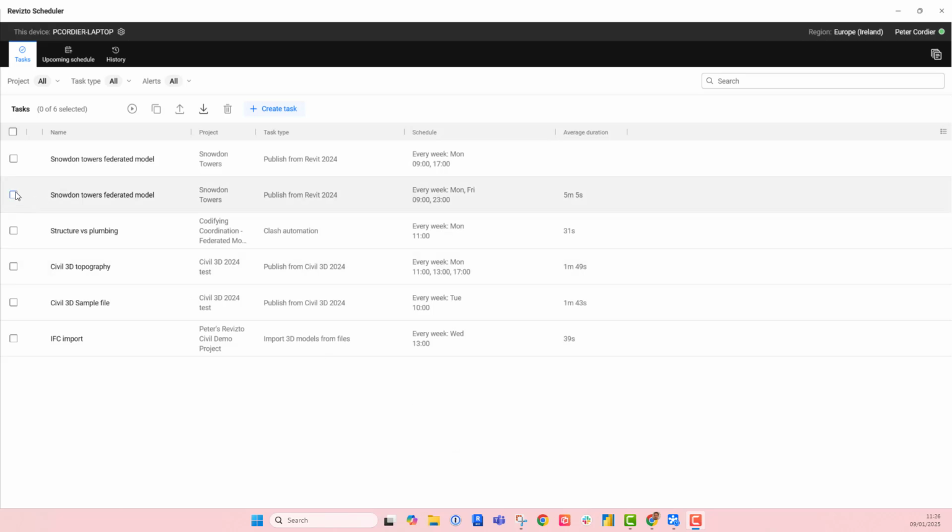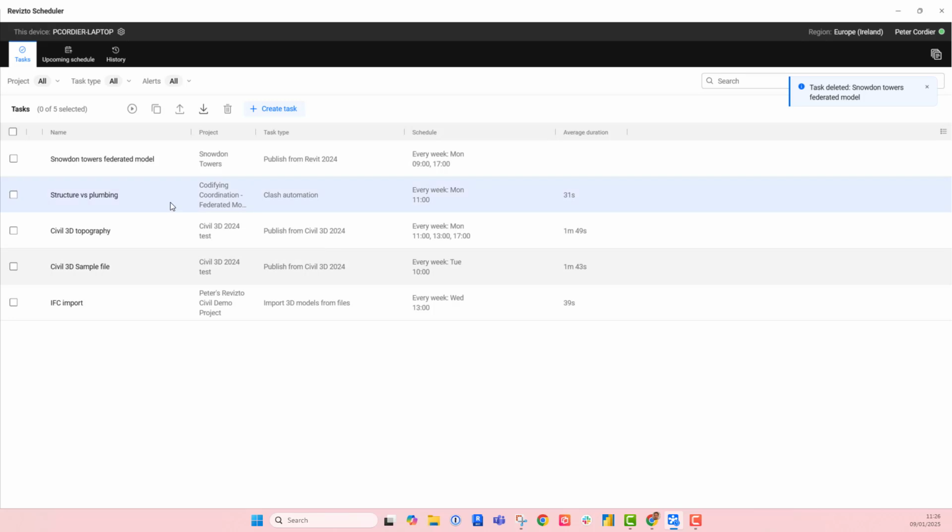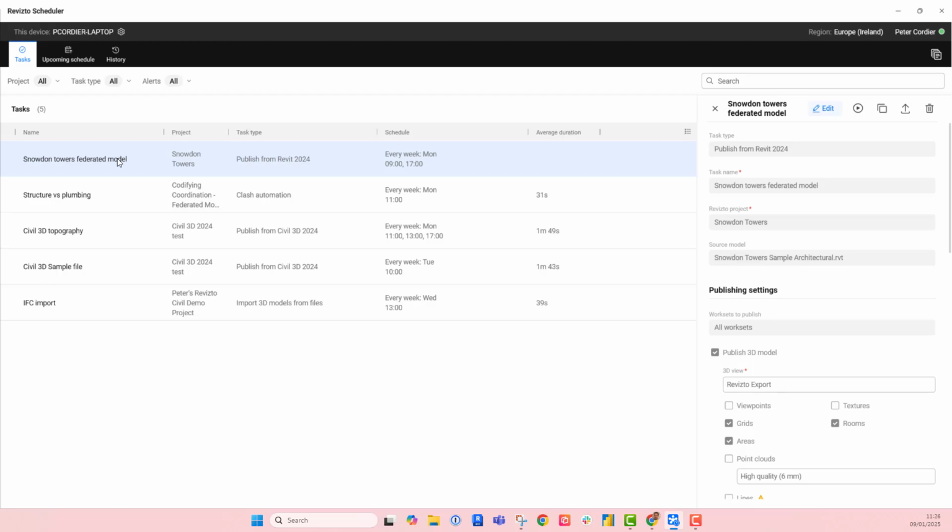This one I set up previously. I'm actually going to delete this one, and this one I'm going to rename to make a bit more sense of the task. So to do that, I'm just going to double click or click on it, and you can make changes here. So I will call this Monday task,